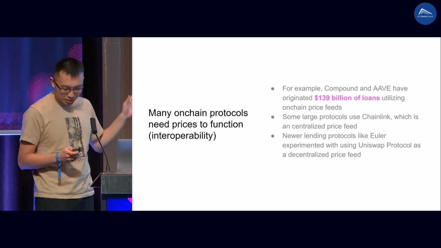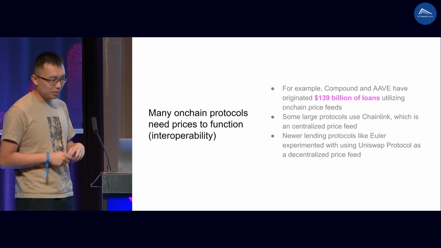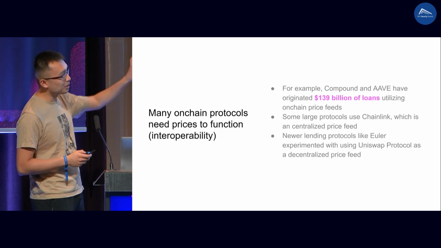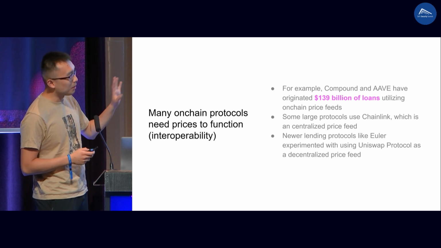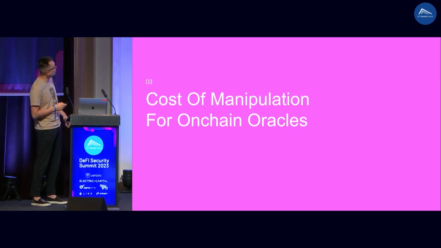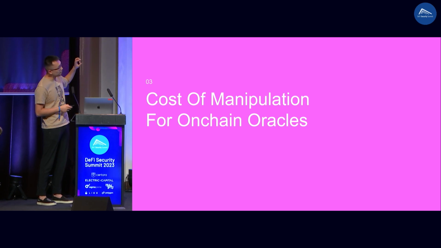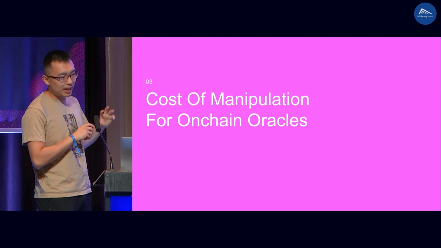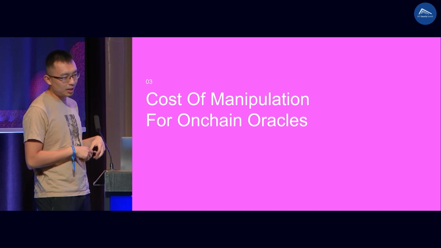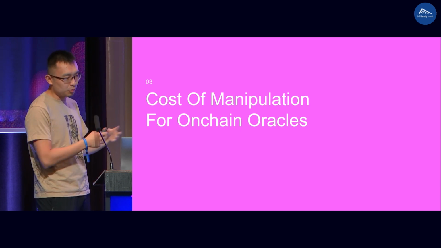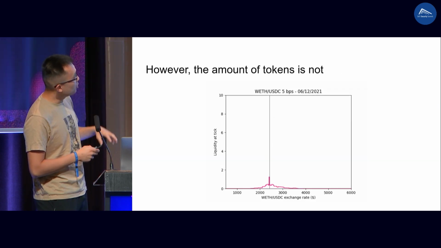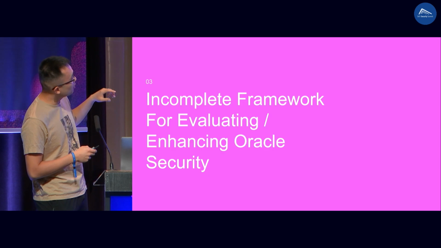So I'm going to start by motivating why we are talking about this, but given that people are coming to this particular conference, I'm assuming people know the importance of on-chain oracle security. Then the second part will be analyzing the exact cost of manipulating a particular on-chain oracle, given that you know everything about the pool and how the oracle is designed, which will serve as a foundation for the third part,